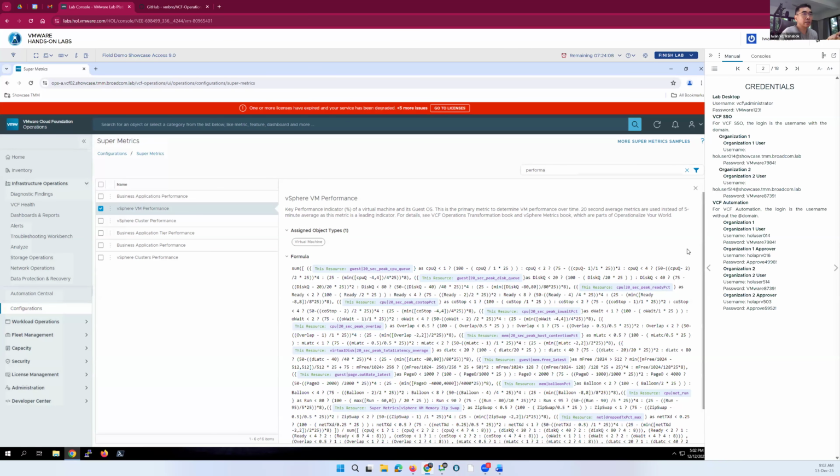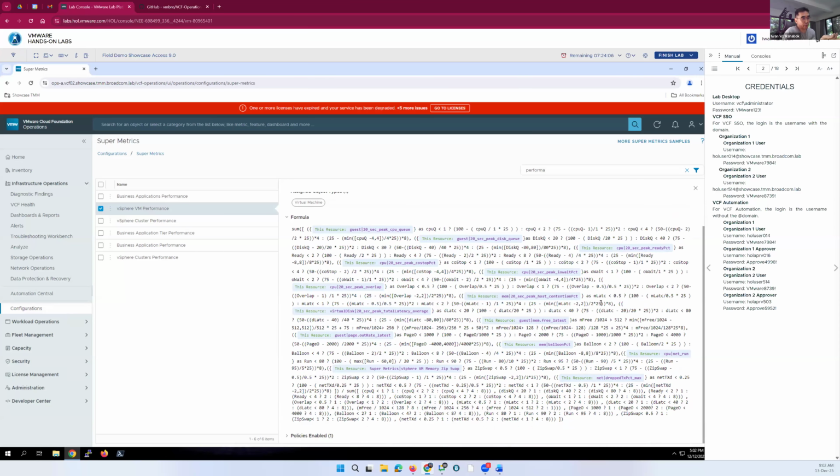And two things: this kind of formula is already written for you, you don't have to write it. That saves a lot of time and money. And notice this is using the 20-second peak metrics, right? And it's also going inside the guest OS. It's not just at the VM layer.